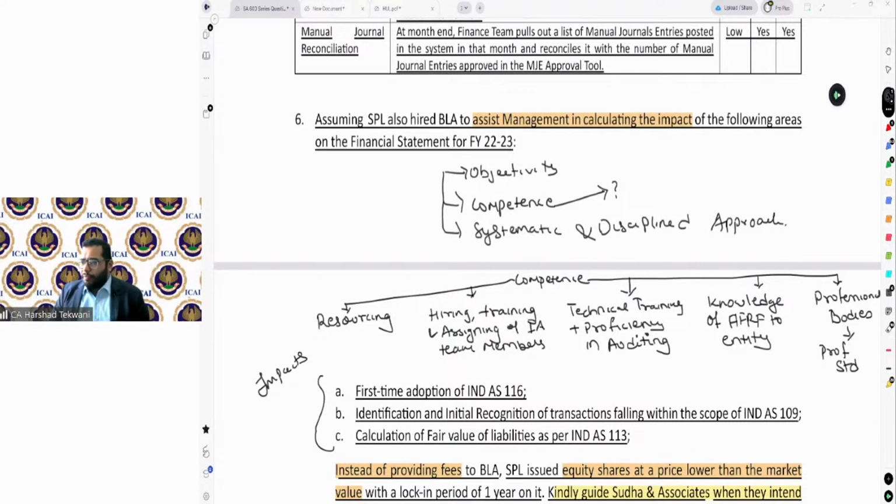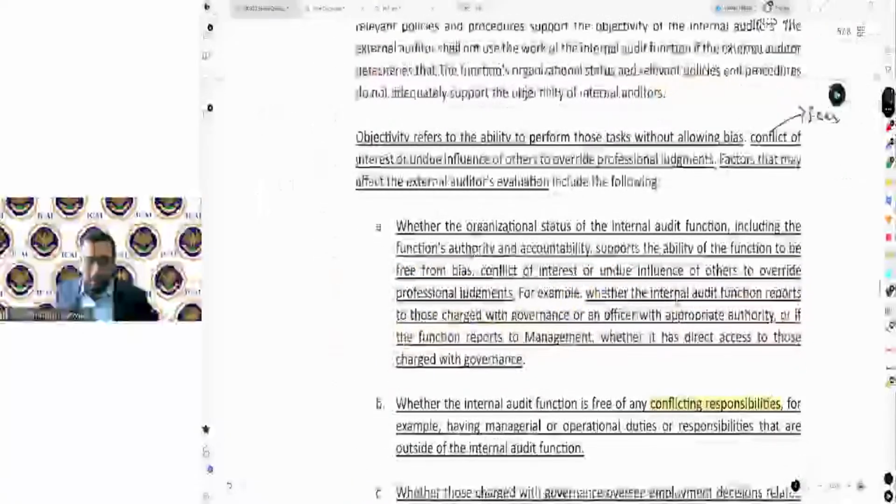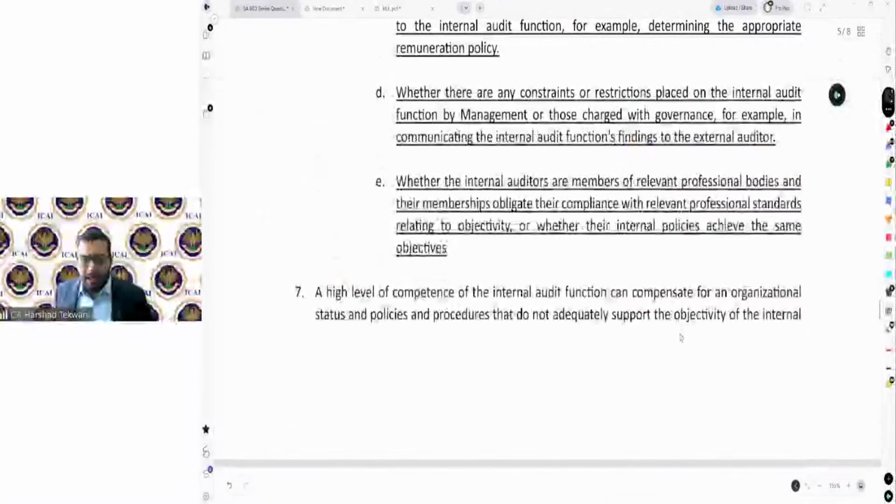Any doubt, guys? Okay. Now, my next question is on these both areas only. So, my next question is